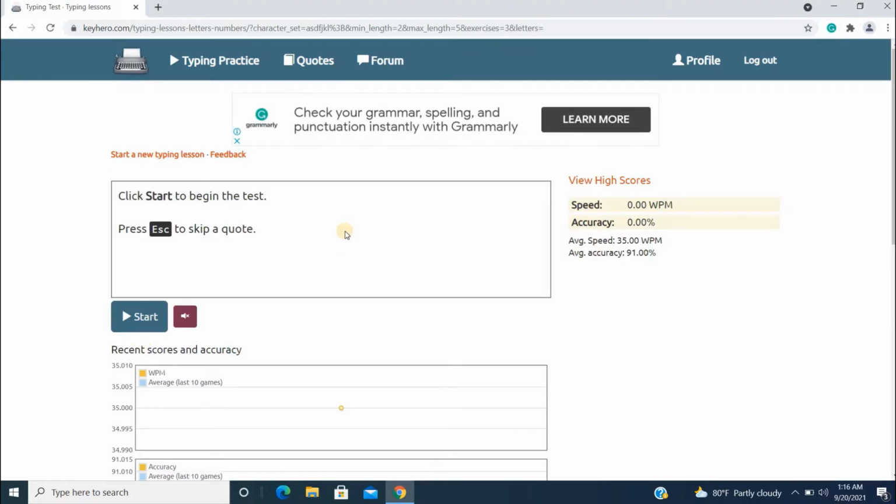So this is how the screen will look like. You have a start button. You have a speaker icon here. Here you have a speed in terms of word per minute. In terms of accuracy, it will be shown in percentage. So WPM stands for word per minute, as I mentioned earlier. And here you can see a speaker icon which you can mute or unmute. When you unmute, you can clearly hear a warning sound each time when you make a mistake.